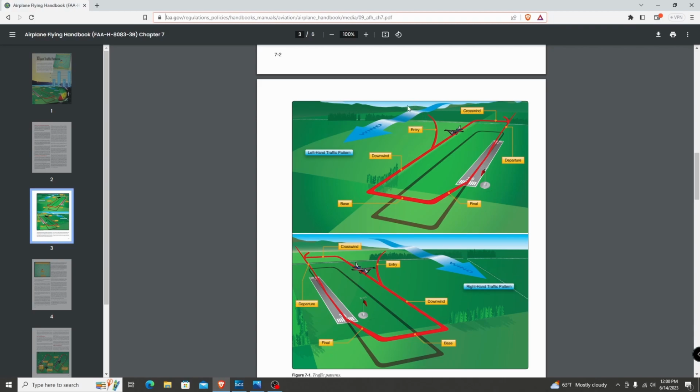So you enter on a 45 degree angle, so 90 degrees would be coming like this, 0 degrees would be coming like this, so 45, halfway between 90 and 0 degrees, at traffic pattern altitude, which for a turbojet aircraft is 1,500 feet for the civilian world. When we get to the Air Force, overhead break will do 1,000 feet, but for the civilian world it's 1,500 feet. So you enter at 1,500 feet, and I recommend 250 knots as you enter the downwind and turn